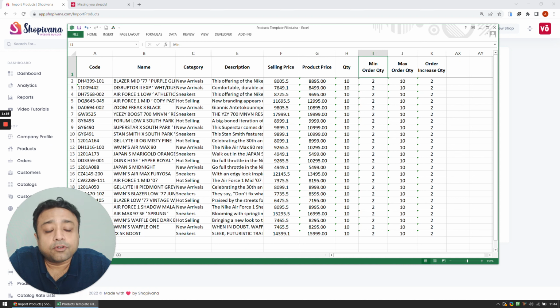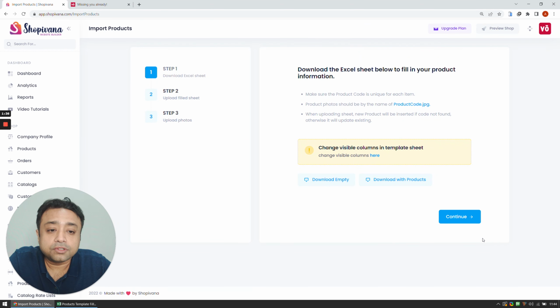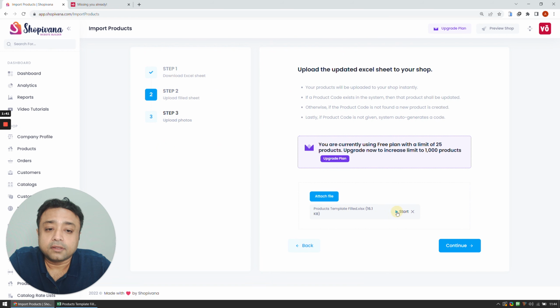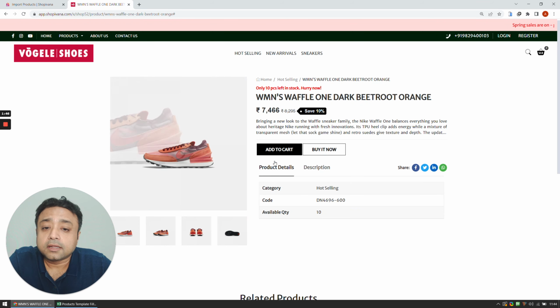So by default, whenever a person now adds a particular product to the cart, there'll be a 2 quantity added and they'll not be able to increase beyond 10, and every time they press on plus, the order quantity will increase by 2 rather than 1. We are going to save the sheet. We are now going to go to the second step, attach that file, upload this, and once we've uploaded it, when we go back here, then if we refresh this,